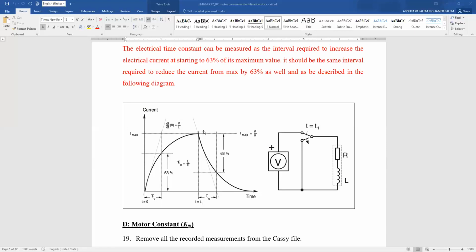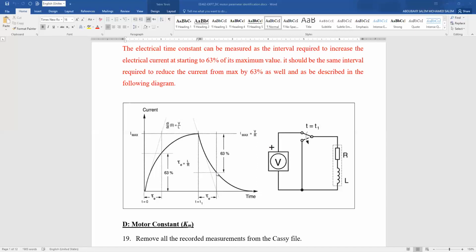So for turning on, the time TE here represents the electrical time constant. But we will make the test during turn off, so it will be that time. So we need to calculate the current from this portion by 63% of the maximum current and find the value of 1 minus 0.63 multiplied by the maximum current, or